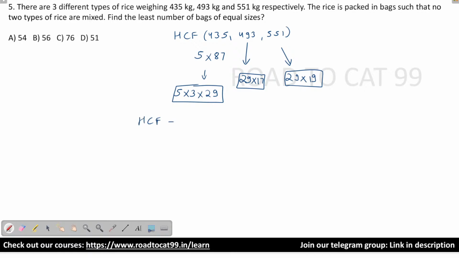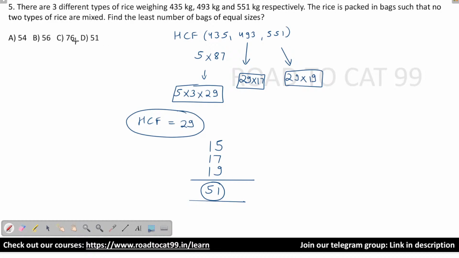HCF is 29, राइट। सो यहां से मेरे कितने पैकेट्स आएंगे, इफ आई मेक द पैकेट्स ऑफ 29 बैग्स, राइट, तो यहां से 5 इंटू 3 इंटू 29 डिवाइडेड बाई 29, यहां से आई विल गेट 15 पैकेट्स, यहां से आई विल गेट 17 पैकेट्स, यहां से आई विल गेट 19 पैकेट्स। सो टोटल ऑफ दिस विल बी माई आंसर, दैट इज 51, 51 शुड बी माई आंसर।